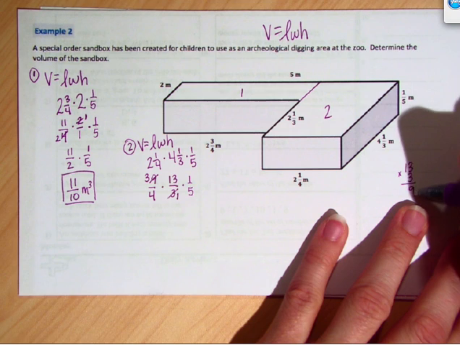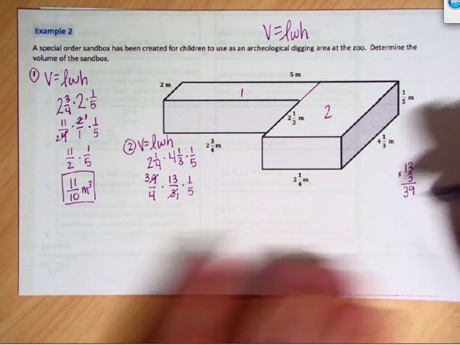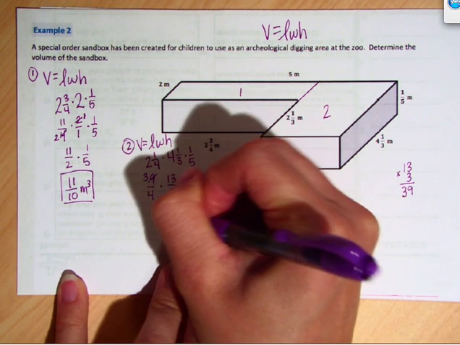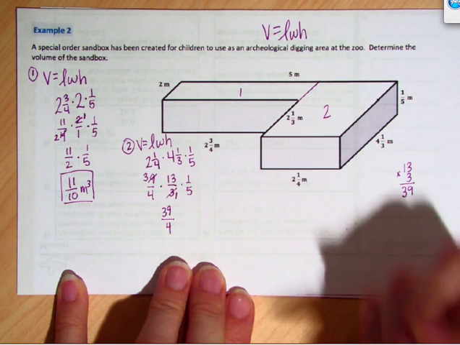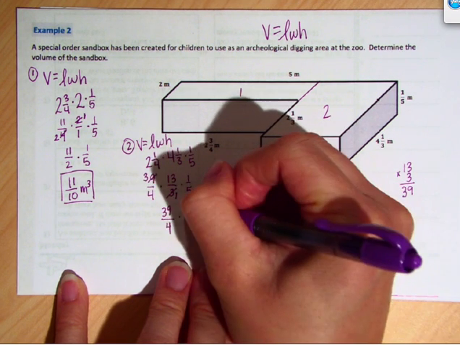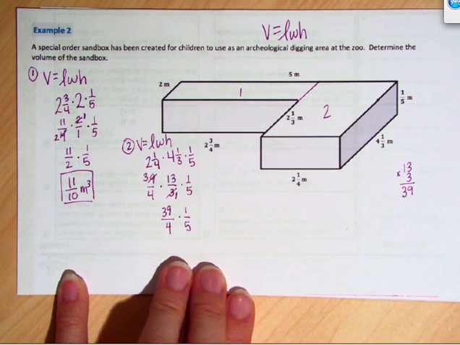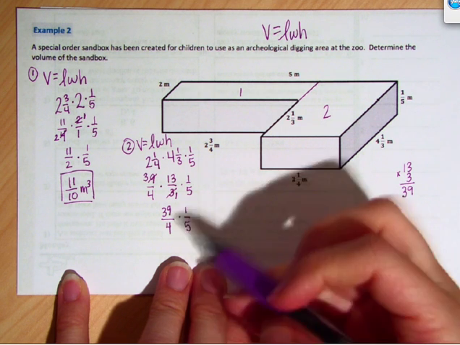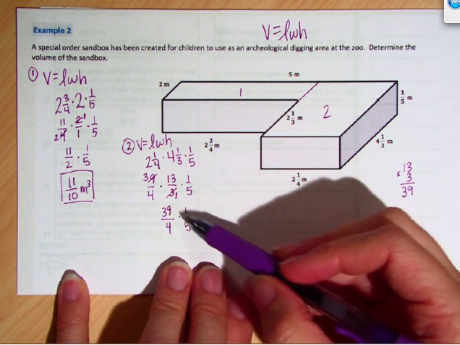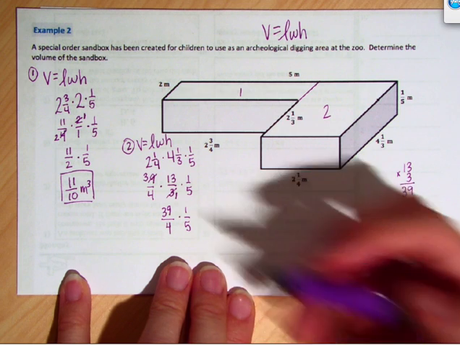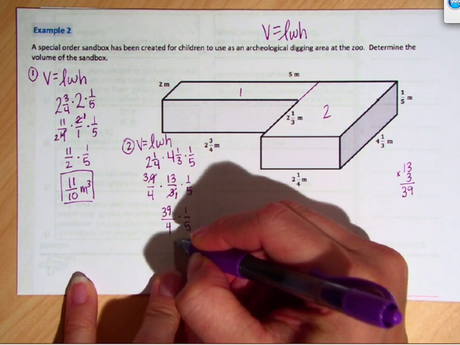3 times 3 is 9. 3 times 1 is 3. So I have 39 fourths, because 4 times 1 is 4. And I'm going to multiply times 1/5. Okay, 1 and 4 don't have anything in common. 39 and 5 don't have anything in common. So I'm just going to go ahead and multiply, and I'm going to get 39